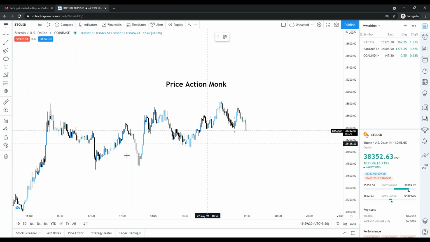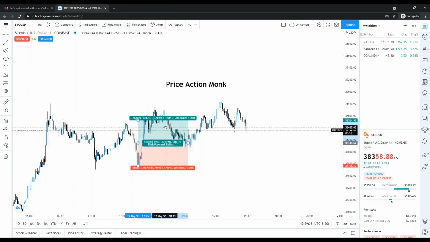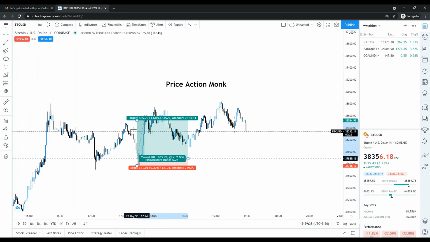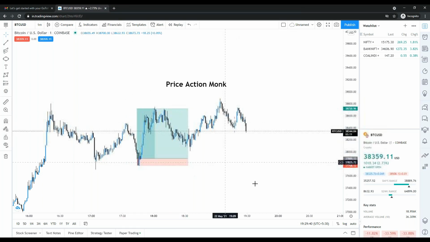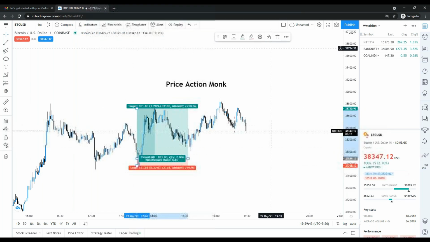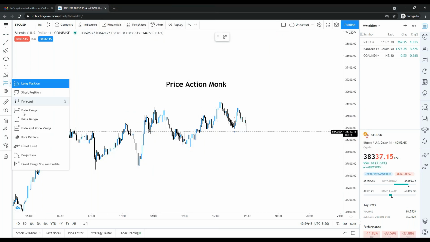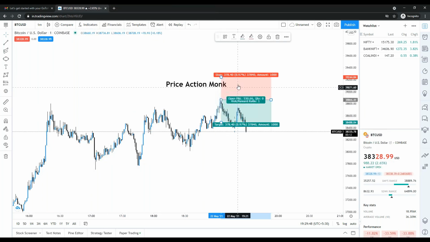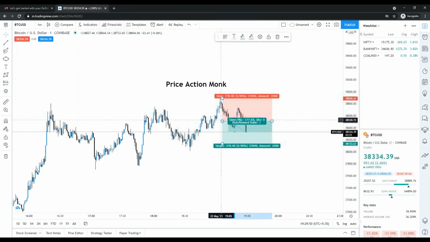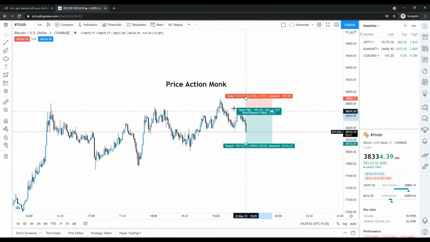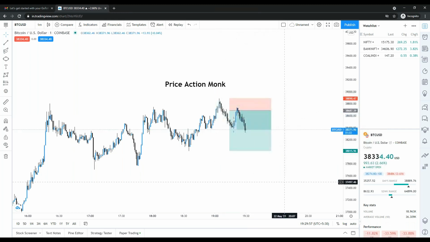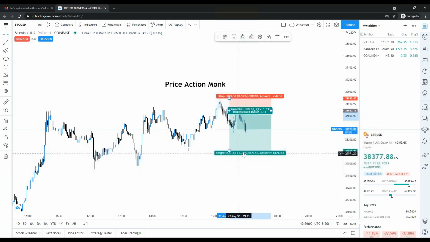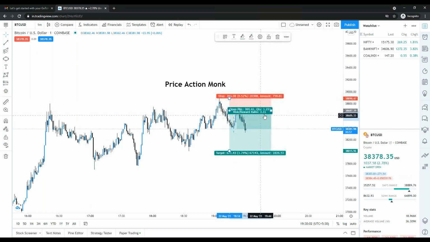Then again we have long and short positions. Okay, let's say like this. Let's say here I'm going to take a long position, so this will be my stop loss, this would be my target, like this. Okay, so this is used for long position. Let's say here I'm going to take a short position, this will be my stop loss, and let's say this much is my target till here. Okay, so I'm going to take 1 is to 3, 3.31. Okay, so this is important.